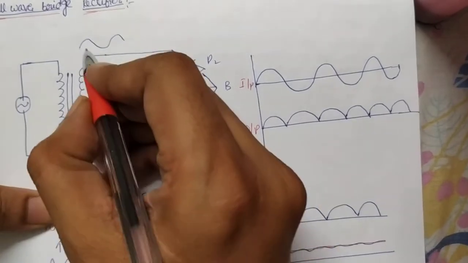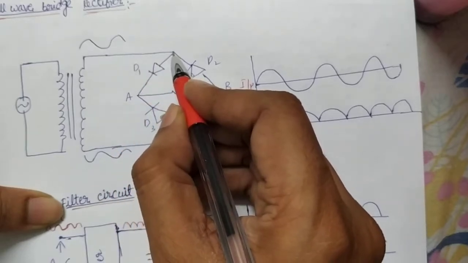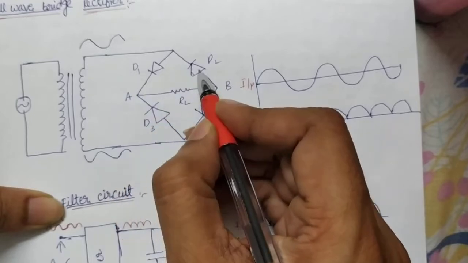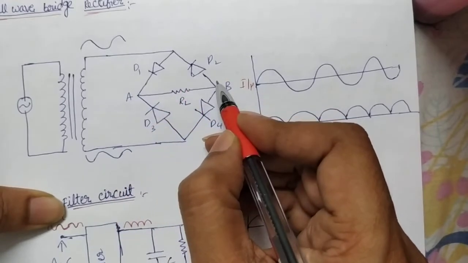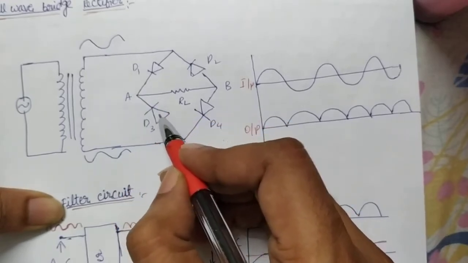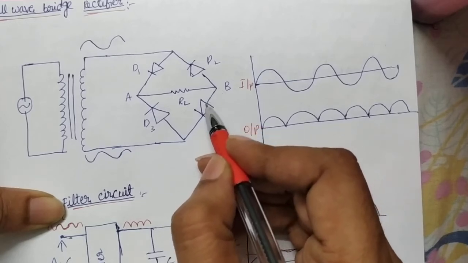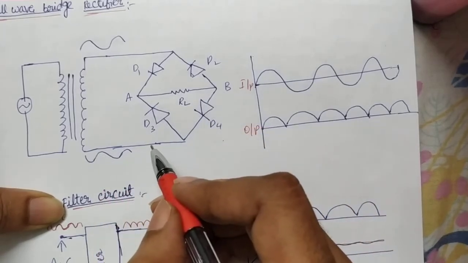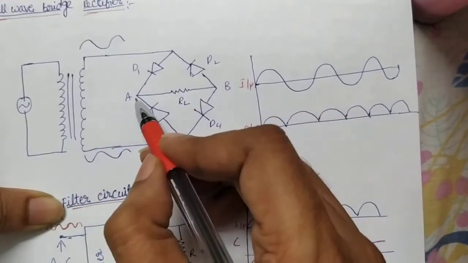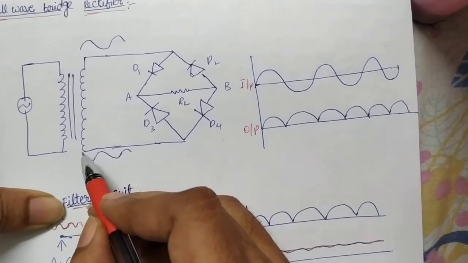First of all, here the positive half loop comes. Positive half loop means what happens? It comes here and this diode becomes forward biased. You see this is P type and this is N type. This becomes forward and this becomes reverse, so current does not flow like this. Current flows in this direction. From here it is N type, so it won't flow like this either. So it flows through the load resistance like this, and after that it goes to the negative terminal. So in the first case, how is current flowing? This becomes forward and this blocks. Current flows like this.